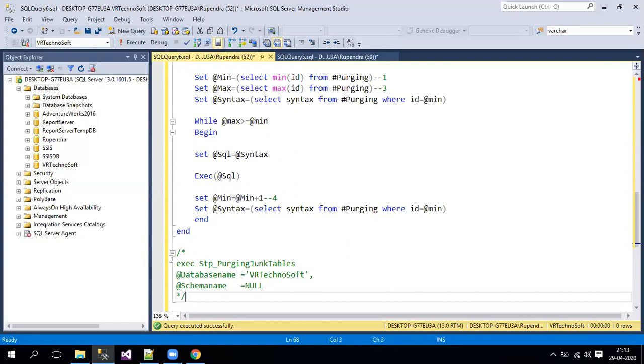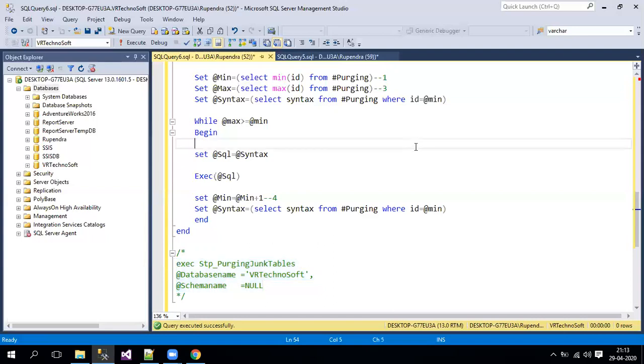We can simply take this execution statement and reuse it. When you put it in comments, it won't get executed. Why we have to write it over here is, if you have 10 parameters or 20 parameters, creating the execution statement again will take more and more time. So that's where if you keep it like this, we can reuse it.